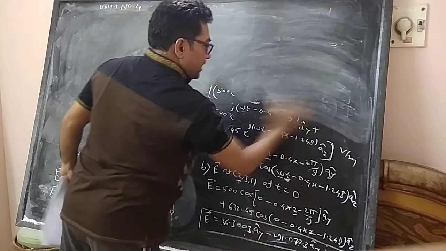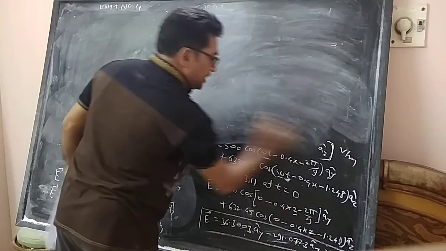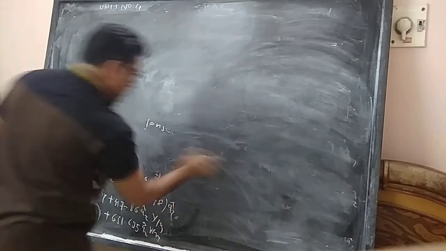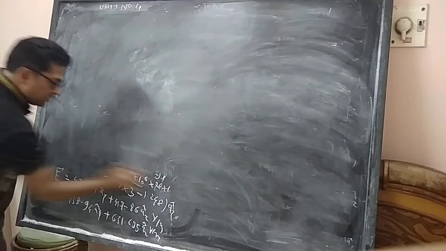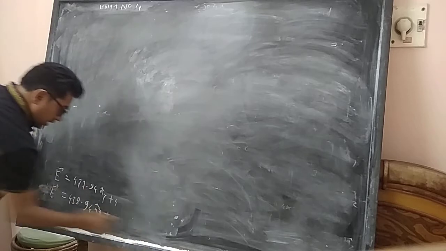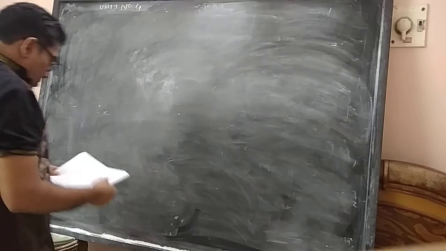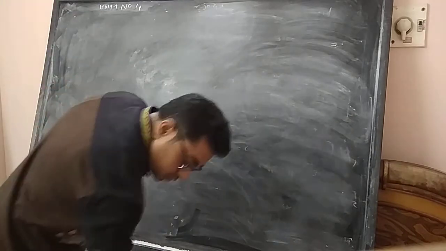Now what do you mean by depth of penetration? We have to link up this depth of penetration with the equation of loss tangent. So we know that the loss tangent is denoted by del. Del is nothing but the loss tangent. So I am converting this equation into the depth of penetration, or we can say the loss tangent equation.